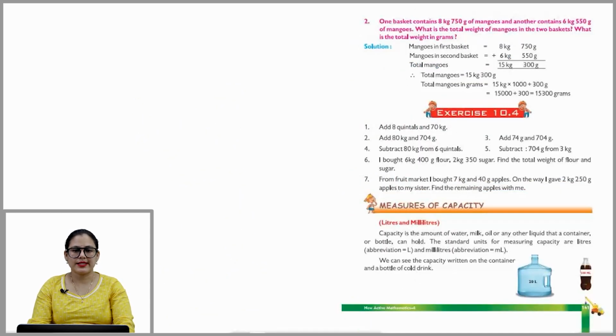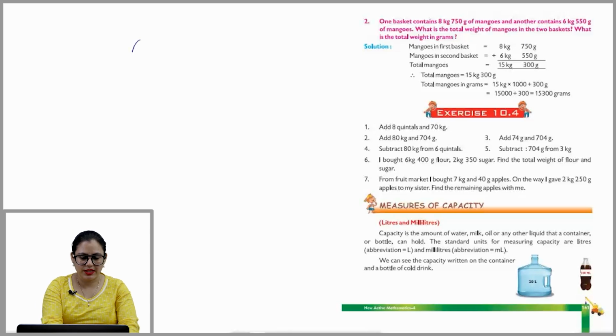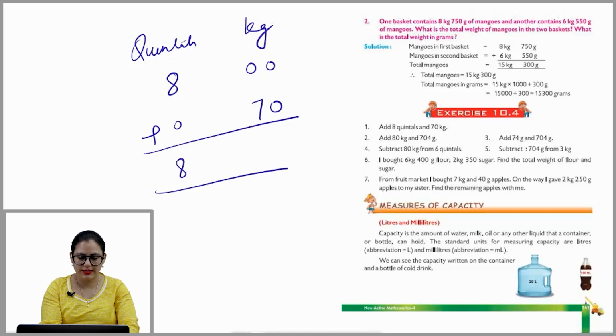Let's do exercise 10.4. Add 8 quintals and 70 kilogram. How will you add? Make two columns, quintals and kilogram. Okay, 8 quintals, no kilogram, 0. Then you have 70 kilogram, here 0. Then add them up, 8, 70. So 8 quintal,